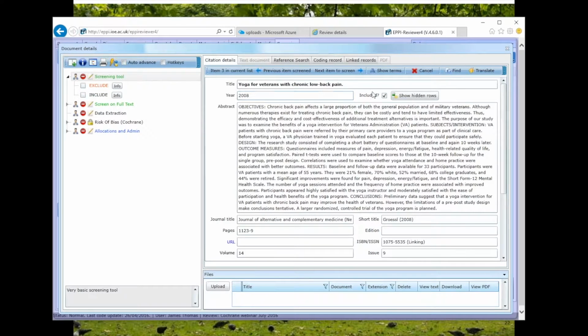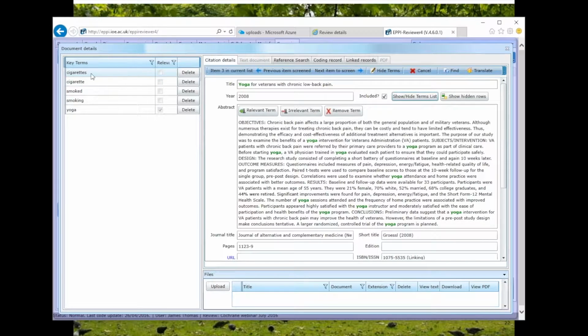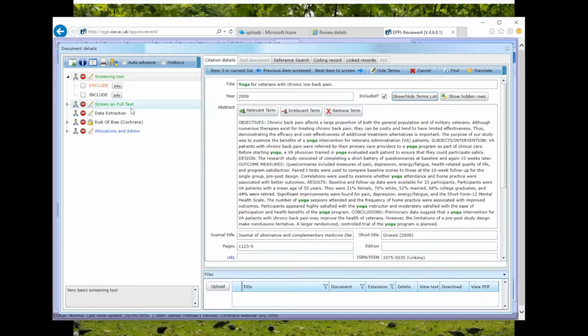And I'll turn on the terms as well here. What I've done is I've set up my highlights so that yoga is highlighted green, and I can see on the left here, and cigarettes currently is going to be highlighted as irrelevant. So cigarettes, anything to do with smoking, is going to be highlighted in red, just so that I can screen through these quite quickly. I'm going to turn on auto advance, and I'm going to turn on the hotkeys function,